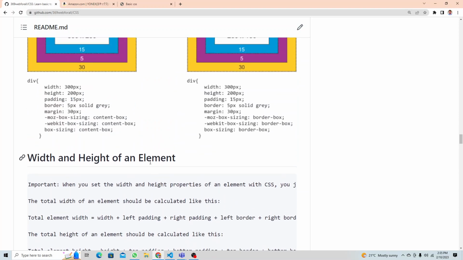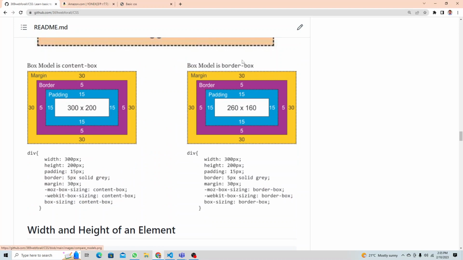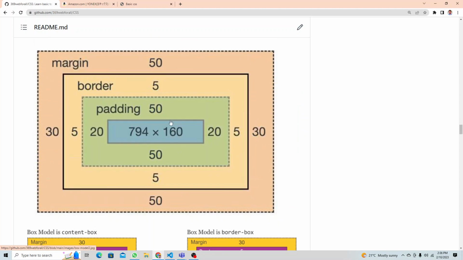But normally you don't have to do all that, because there is a concept called box-sizing: border-box. Why do we implement this one? Because we want to have our box be the exact size of the width, 300 pixels. Let's say the width of the div, this box, is 300 pixels. Then this is the same box, content box and border box. So what we have done is border-box